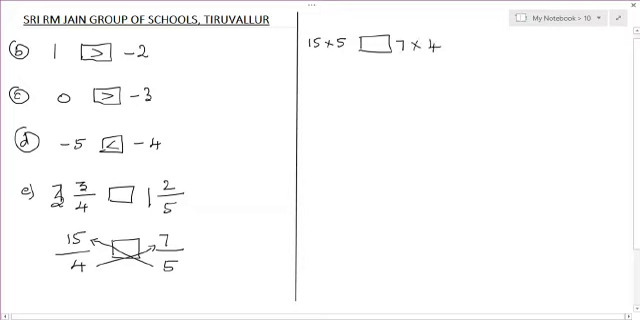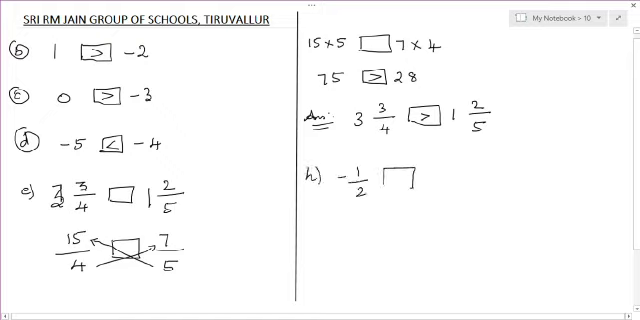15 into 5: 5 fives are 25, 5 ones are 5 plus 2 is 75. 7 fours are 28. Now you can see 75 is greater than 28. So give the answer 3 by 4 is greater than 1, 2 by 5. You can see even the whole number part and give your answer. 3, 1. So normally 3 is greater. You can even give it like this. Then your H sum is